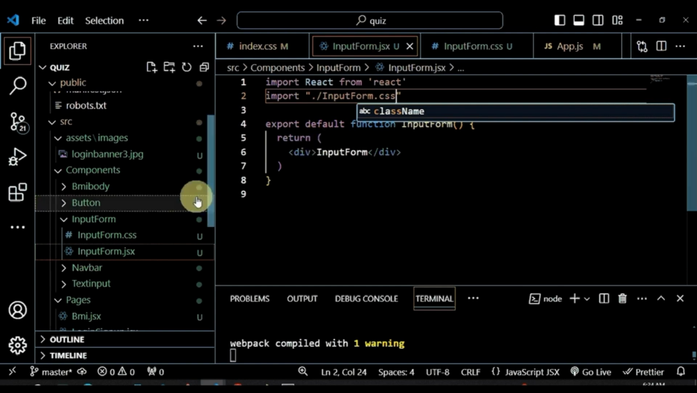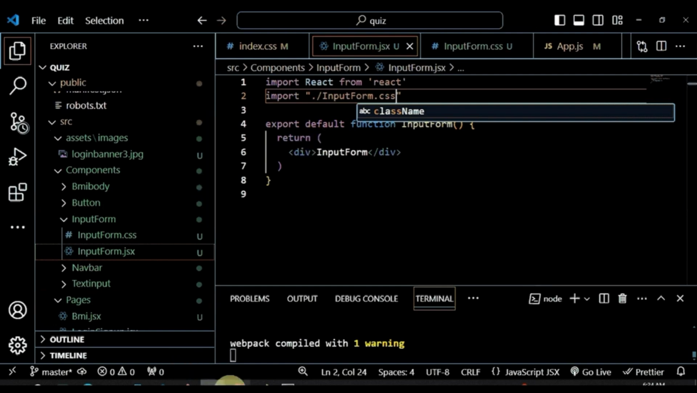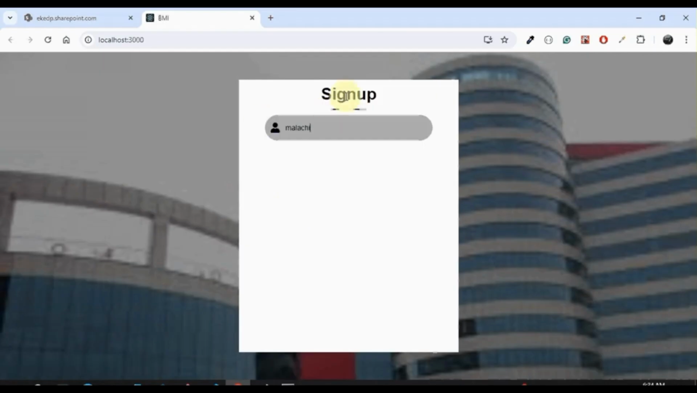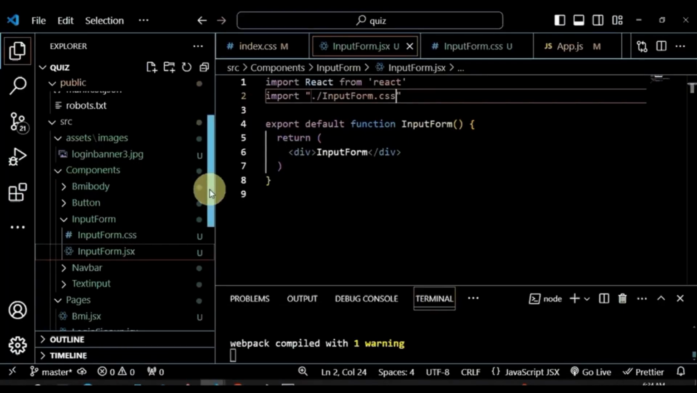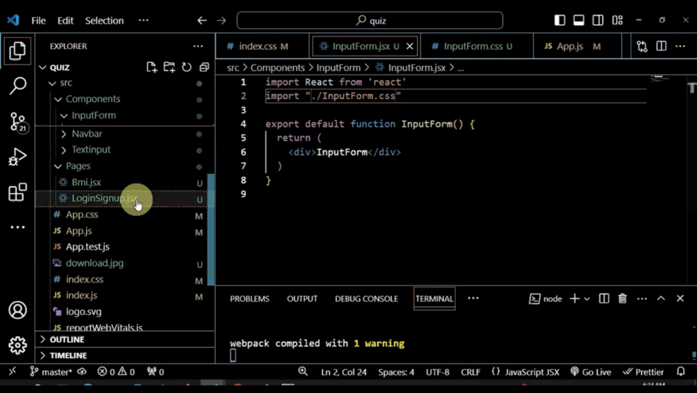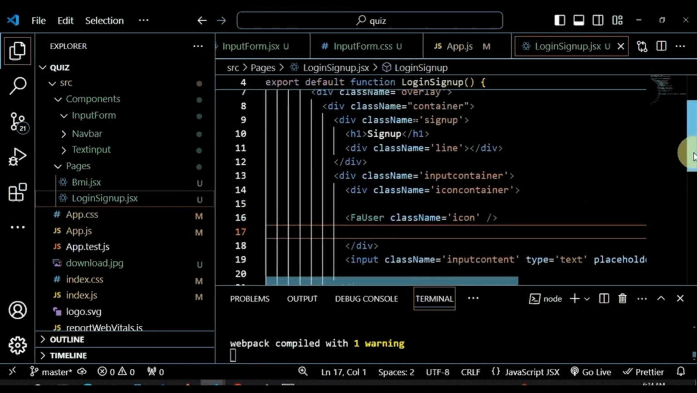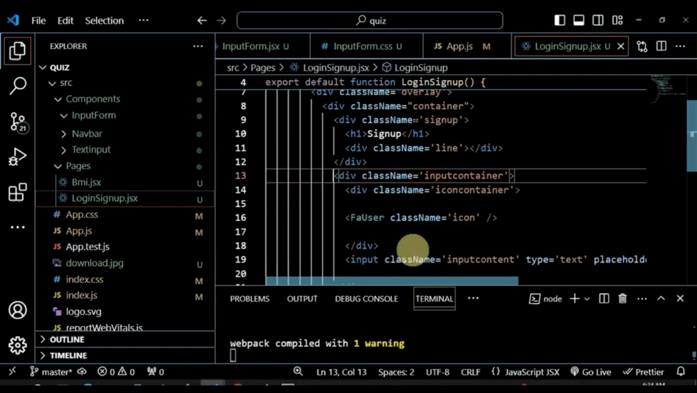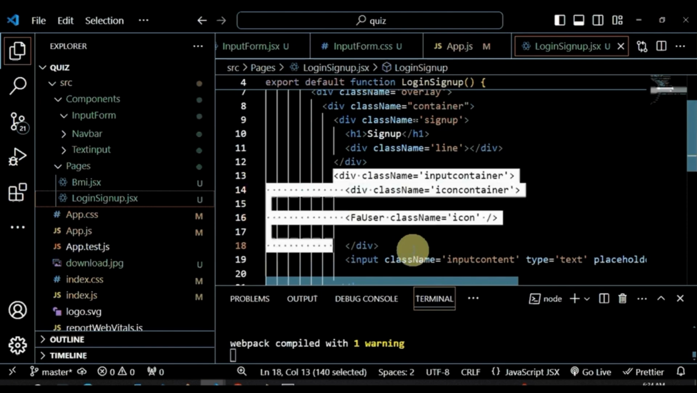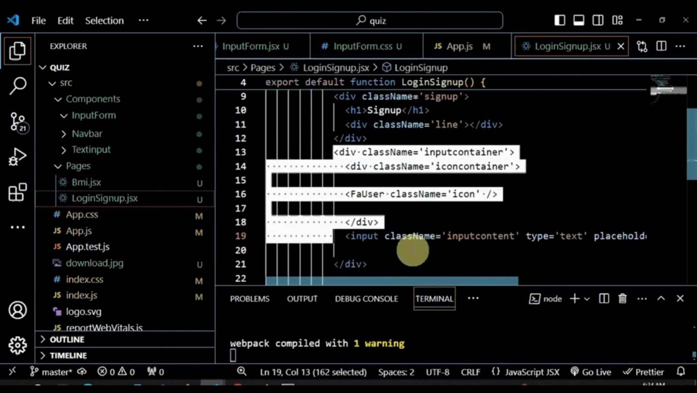So all we need to do is go back to our login sign up, and our index.css, and copy the necessary files. So this is what we want to bring back to input form. So I'll go to login sign up. Then let's cut that particular component. You can see it's going to start from input container. So if you remember, the input container houses everything that has to do with the input, both the text box and the icon. So I'm going to just cut it and then take it down to